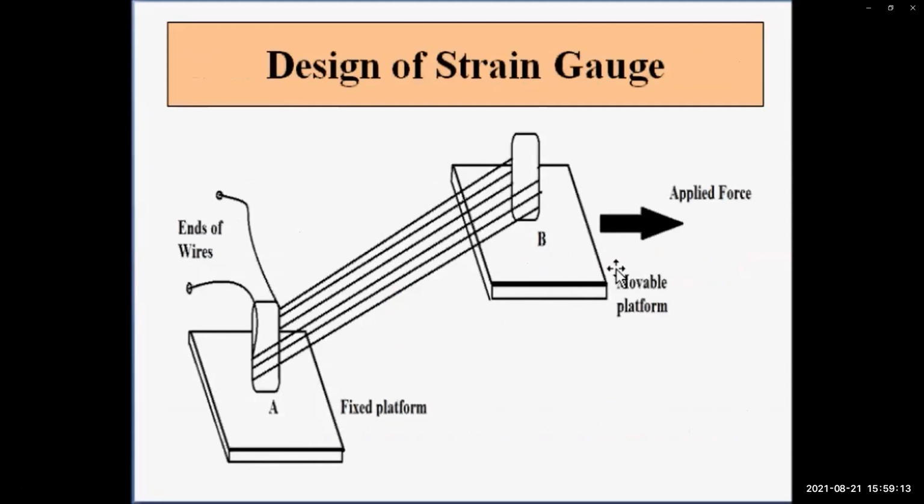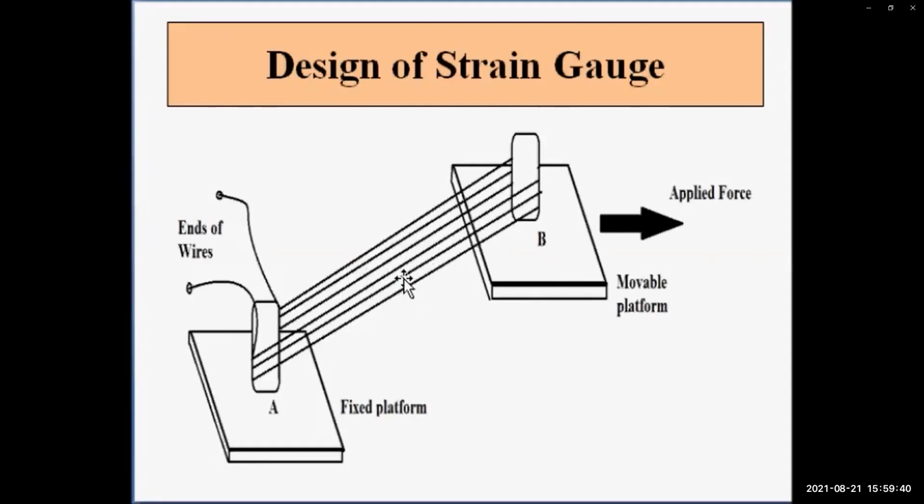Now, the force or the pressure or the displacement or motion which has to be measured is generally applied on the movable platform, so that whenever a force is applied, there will be compression or expansion in these wires. Now, because of compression or expansion, there will be a change in the resistance in these wires,